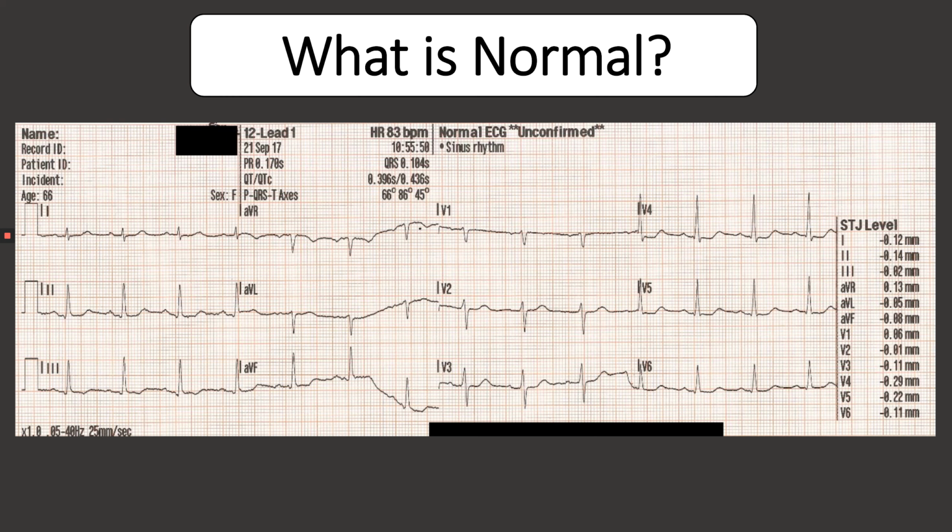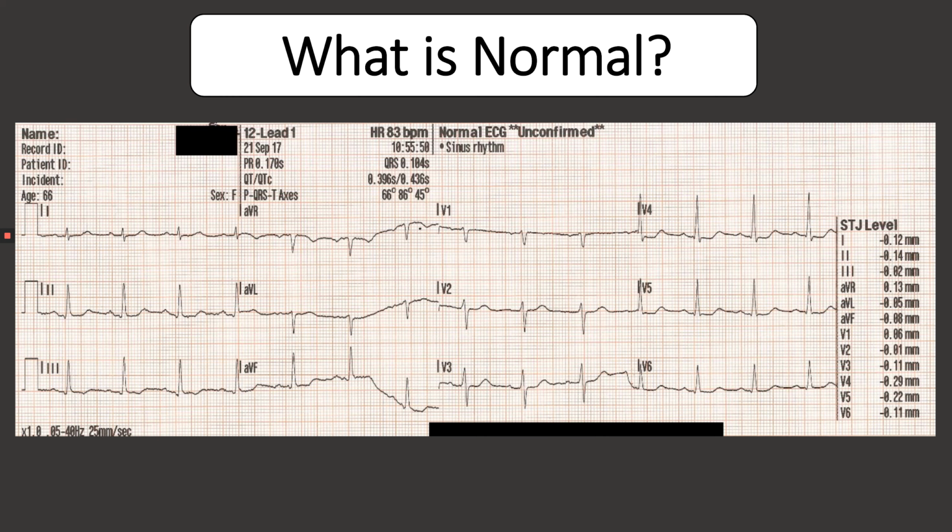How is the electricity traveling through the heart? Is it going towards one of these leads? Is it going by one of these leads? Is it going away from some of these leads? And that's really what's going to determine what you see. Remember, positive wave of depolarization going to a positive lead is going to make a positive deflection on your QRS,